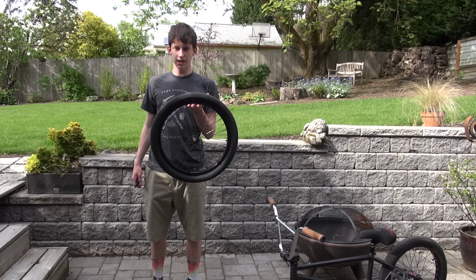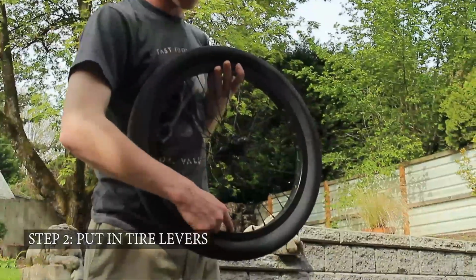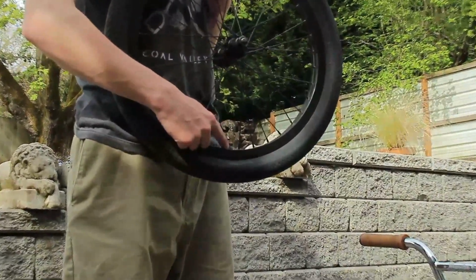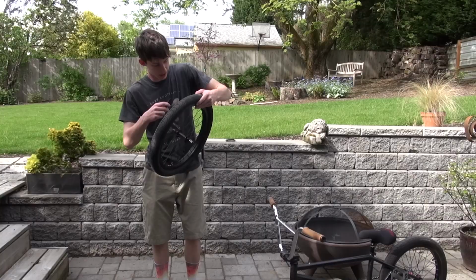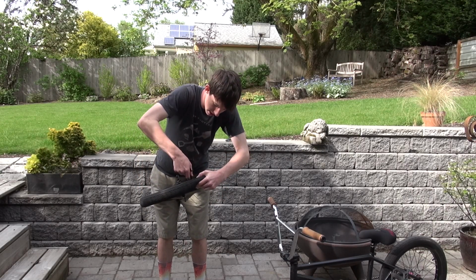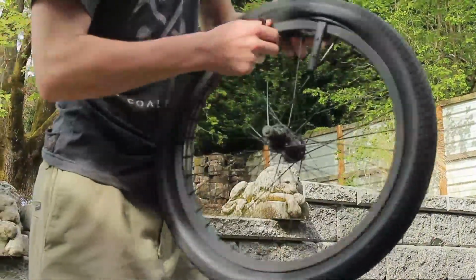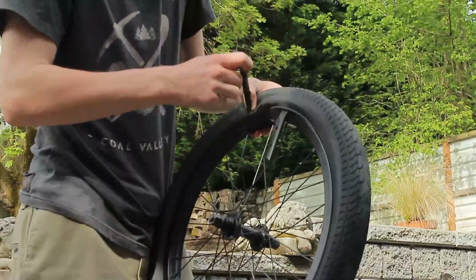So now we have a flat tire, and I'm going to show you how to put in the tire levers. You want to put in the tire levers on the other side of this valve. So first we're going to put in the tire levers with this part in here, and you're going to kind of hook it in there and then attach it right there like that. Do this with the other tire lever,